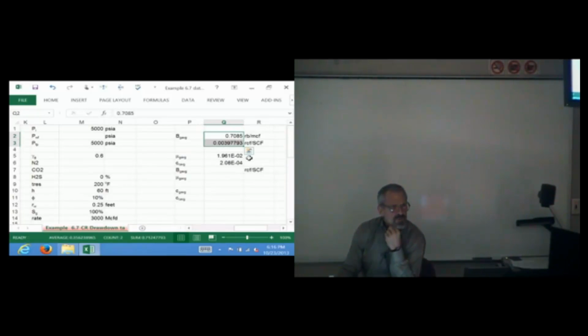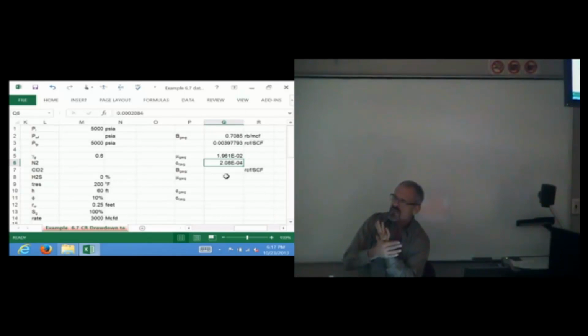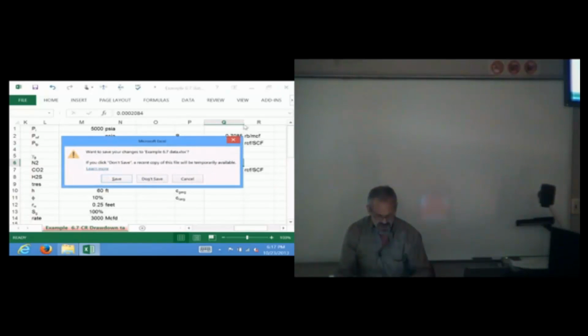Only time we ever use BGs is if we use the old oil equations. And sometimes I use them if I'm not given gas gravity to try to match the Z factor and back calculate the gas gravity. And the mu G and CT I was given I'm not going to use because my pseudo time is going to use my correlations. So I'm not going to use any of this other stuff over here. I'm going to close that spreadsheet,